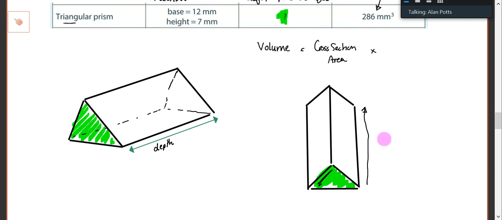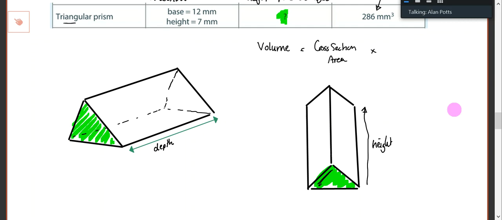So what would you call the depth if it's going straight up? Well, we would call it a height. Yeah. Right. So it's a difficult one. So it's a good question that you ask. Yes, the height is the same as the depth. It's about being flexible in your understanding